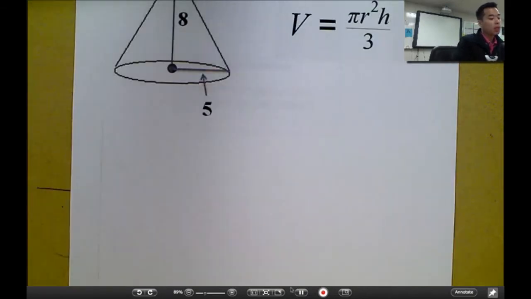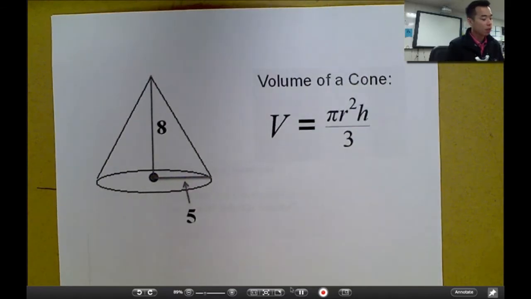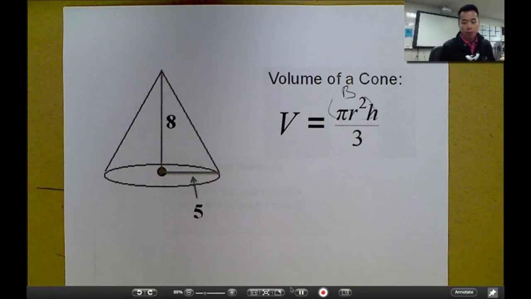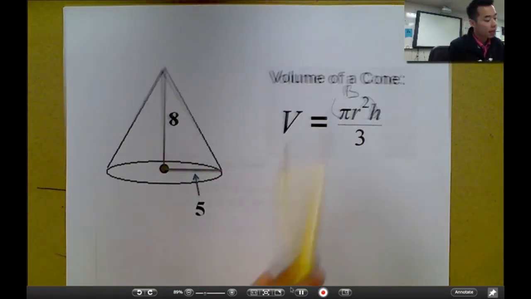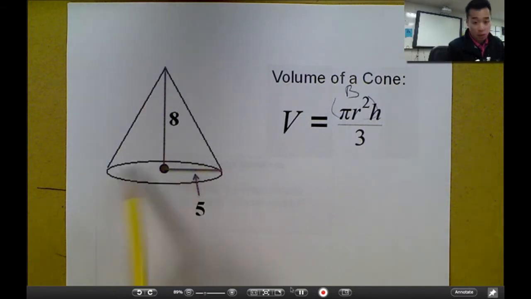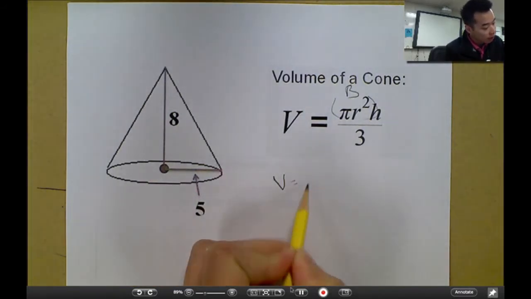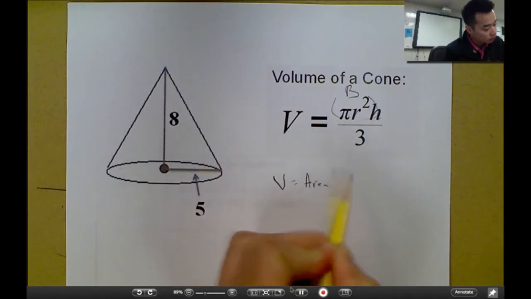Okay, moving on. Next we have the volume of a cone. Here's the formula. Again, the volume. This is the same thing as saying capital B. Whenever you see capital B in geometry, in this case it will be the area of the base. Here, pi r squared. The base here is the circle. So the first thing we want to do is find the area of the circle,